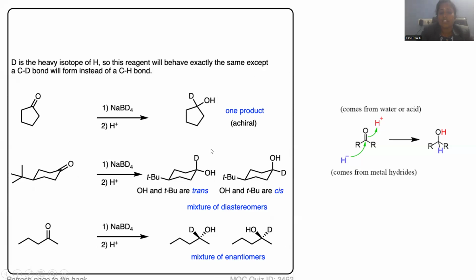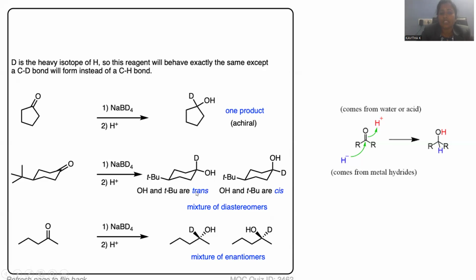There is another condition. Deuterium may occupy the equatorial position as well. There are two possibilities: either deuterium may bind with the carbon in the axial or else the equatorial position, right? Whenever deuterium is in the axial position, at that instance, hydroxyl and tertiary butyl are both occupying equatorial positions. So this is the first position. This is the fourth position.